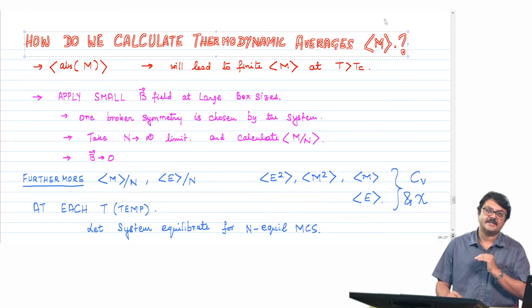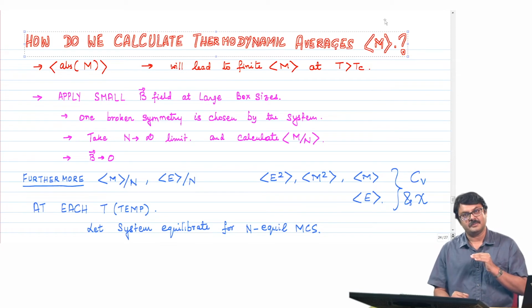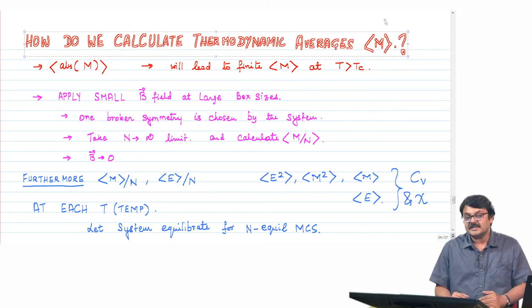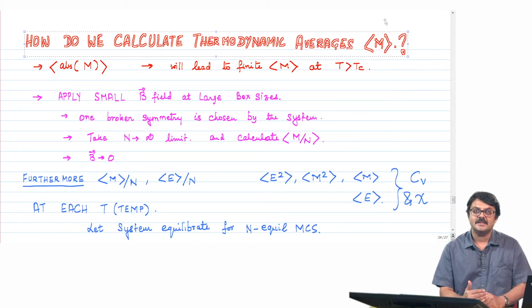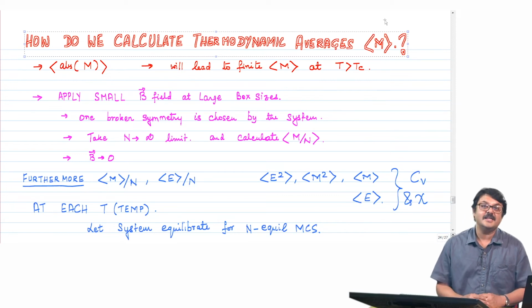Now, in a finite lattice, half of the time the instantaneous magnetization of the system will be positive and the other half will be negative, equal time on average. The consequence is, when we calculate the thermodynamic magnetization averaged over different Monte Carlo steps, it will give 0. The system is magnetized, but when we average the magnetization over a large number of MCS, we get 0, which is wrong, which is clearly a finite size artifact.